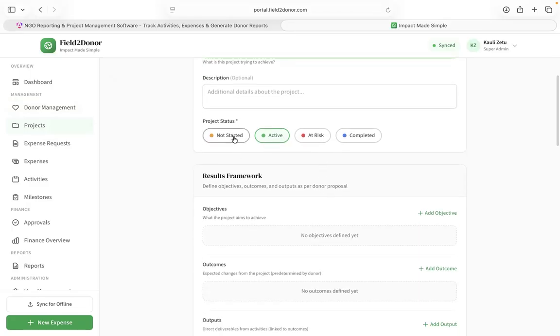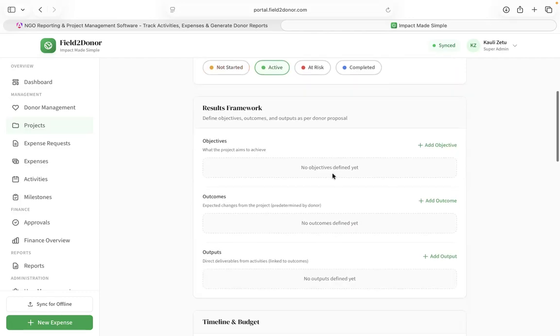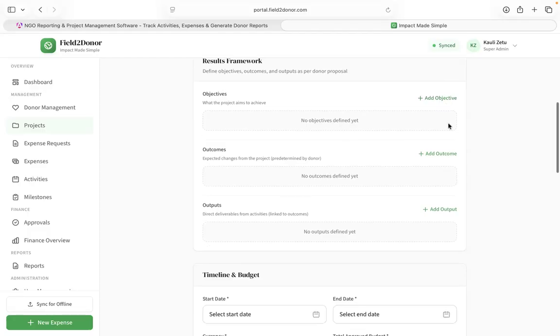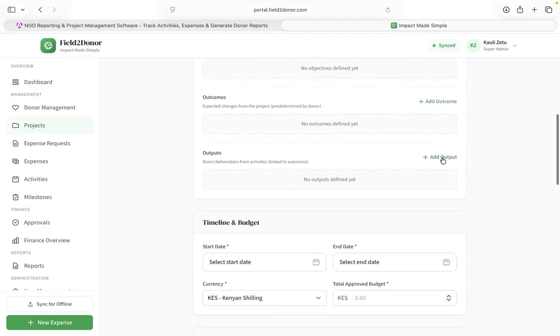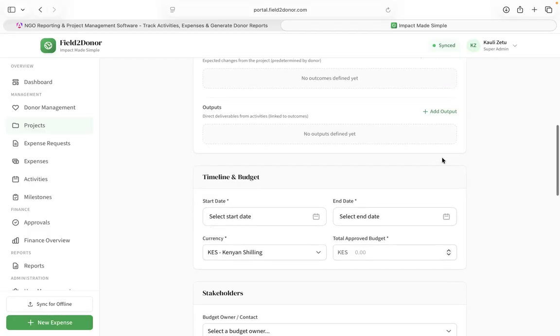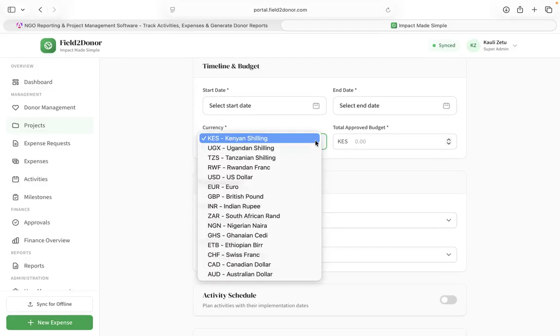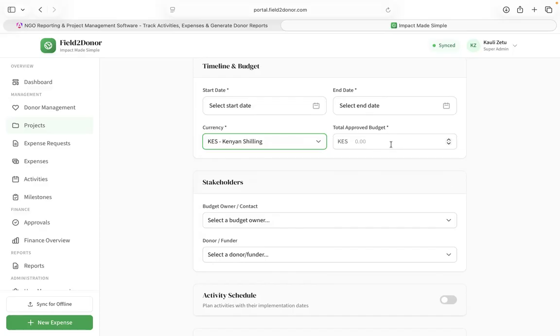You can choose if it has not started or if it's active, and then you can add your results framework. So think of the way your approved proposal is. Add the objectives, add the expected outcomes, and add the expected outputs. You'll then add the timeline and the budget. The platform is a multi-currency platform, so you can key in all of the major currencies